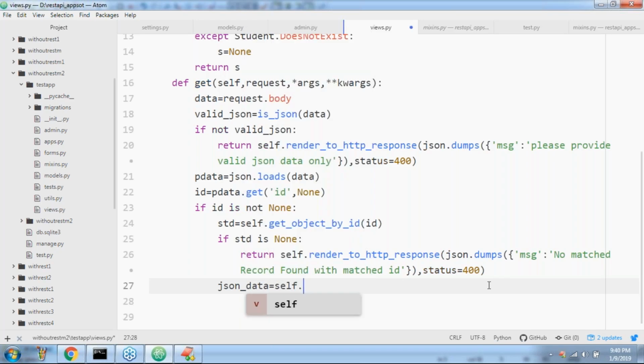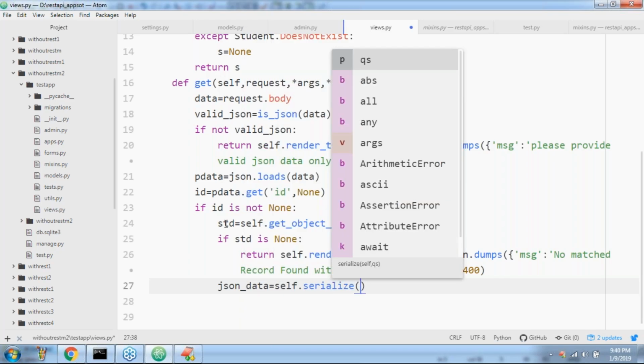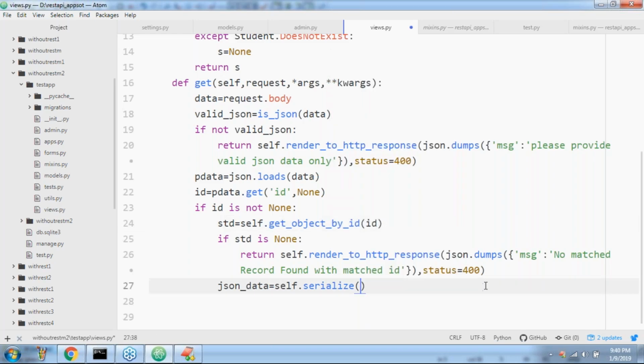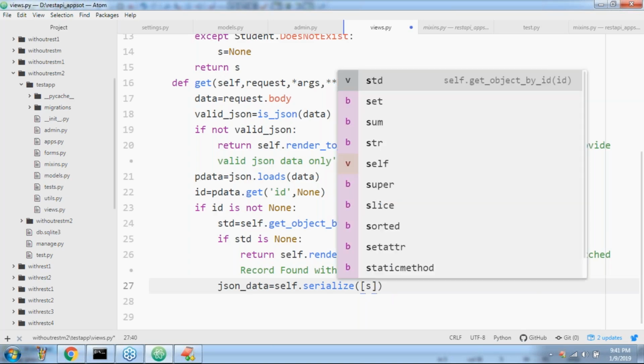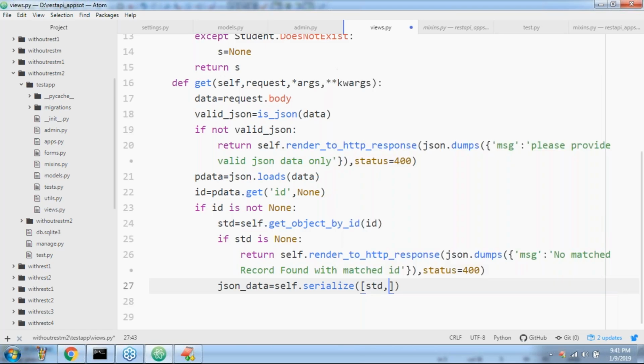Here, Shashank, observe that carefully: here we have only a student object, not a query set. How I'm trying to handle this is I'm sending this student object in list form, so that it becomes a list of objects, a query set only. Don't worry about that. Clear, right? If it is a query set, you can directly pass QS. If it is a single object, this is the style to pass it in the form of a query set.